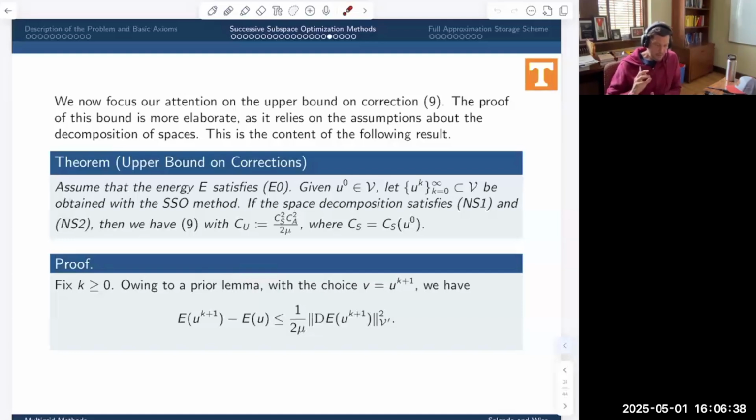Last time we were talking about the subspace or successive subspace optimization method, SSO. We outlined this procedure for proving the convergence of this method by showing what was called an upper bound for corrections and a lower bound for corrections. And we concluded the lecture last time on Tuesday with the proof that the upper bound on corrections holds, namely,